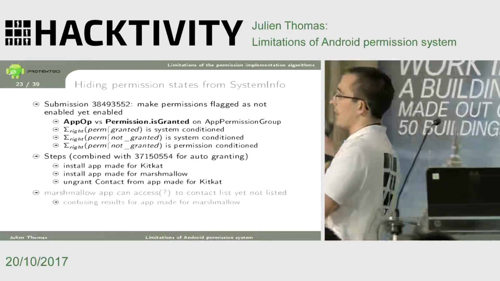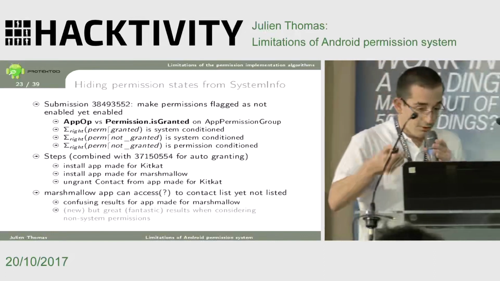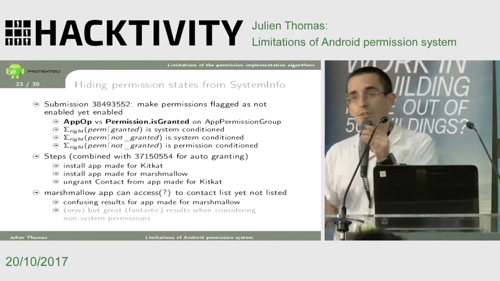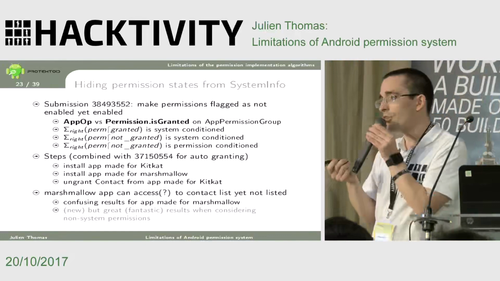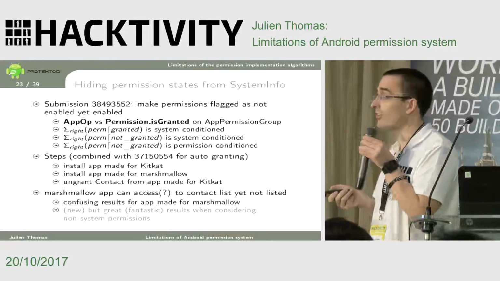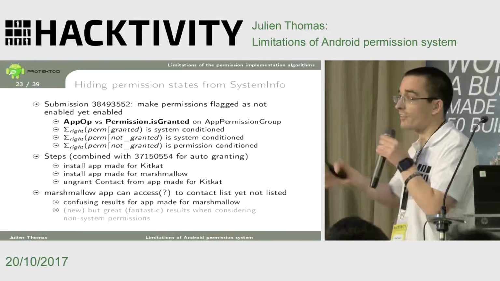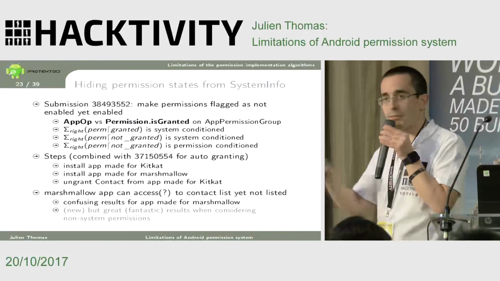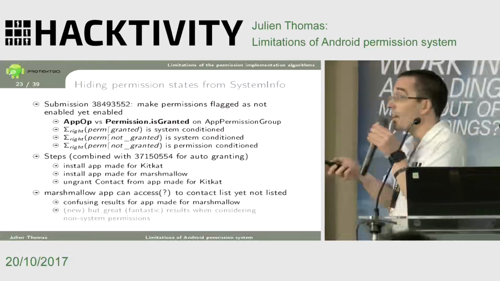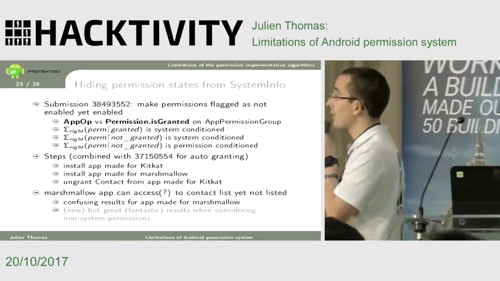So that's normal behavior. But the interesting stuff that we in fact discovered yesterday is what happens if it's not a system permission. If it's not a system permission, you have much more underneath logic of the app-op concept, which says that they don't have app-op mapping, so they will do nothing. So it will say granted, and it will still be here. Which means that the system will believe it's not granted, but it's still granted, and you cannot prevent that.